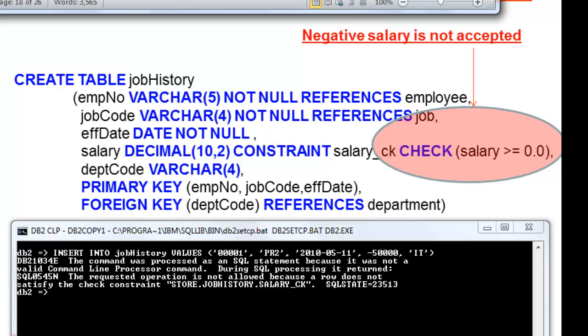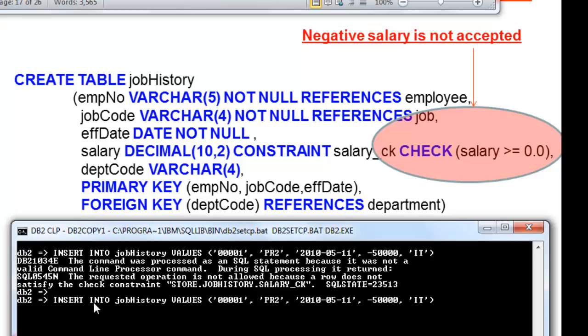To correct this, we remove the negative sign for the salary and re-enter the script. The statement is accepted.